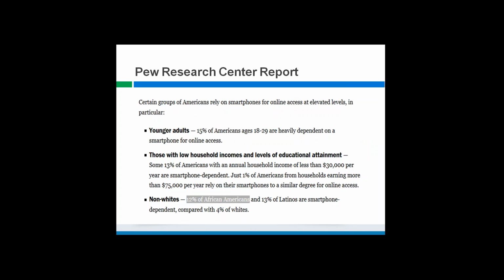What I think is also interesting from the Pew Research Center is how it looks at specific groups, relevant to the African American churches here, specific groups and their behaviors with smartphones. The key here is once you understand the behavior of the audience, you tend to think about what type of channels work best for your church based on your focus, your mission. So in this Pew report, it's really interesting. It talks about